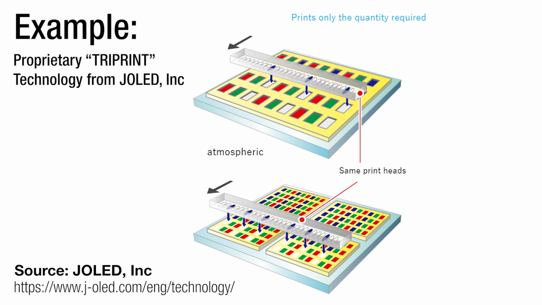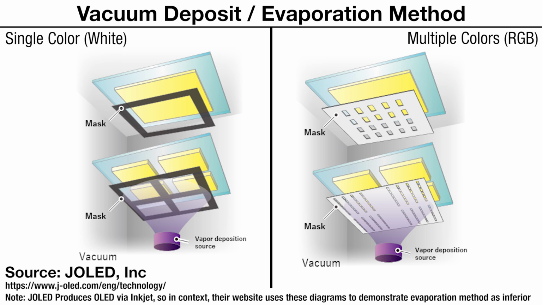Or you can put the OLED material into a gas form, from my understanding, and then vacuum deposit it so it's uniformly distributed. Of course, remember, the way I'm explaining it is very oversimplified. Anyway, the main takeaway is that OLED is manufactured in a completely different way from LEDs that is way easier than if you wanted to make tiny regular LEDs of the same size as OLED subpixels.